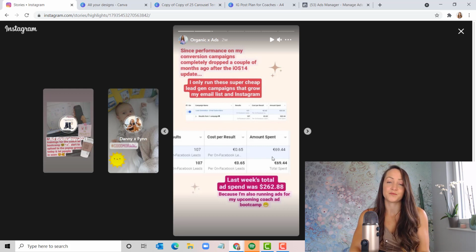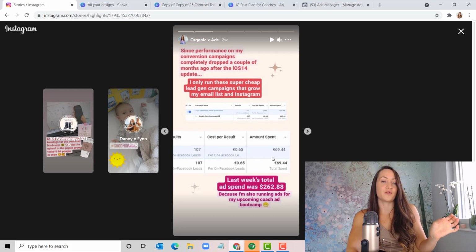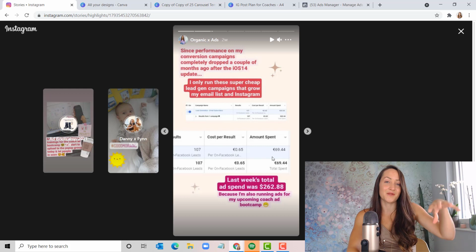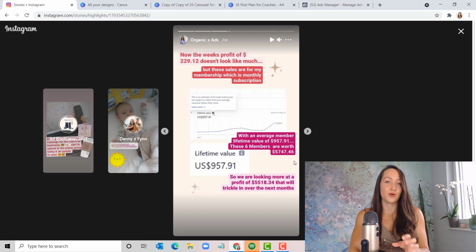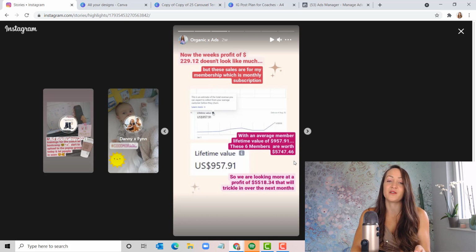So in that week, when I was generating an additional monthly recurring revenue of $492 from 6 members, I also spent $262 in ads. So that's a net profit in this week of $229.12. So now you're like, okay, that's actually kind of low before tax, and that's not enough to make a monthly living. But you have to consider that it's a membership, and I have a customer lifetime value, member lifetime value of